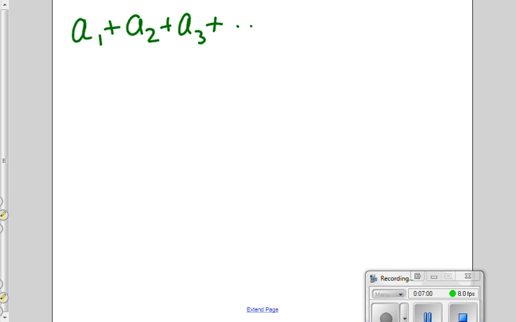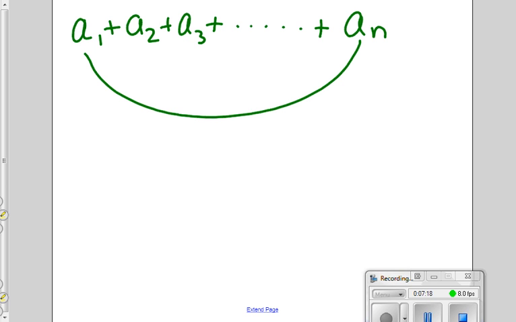Blah, blah, blah, and stopped at a sub n. Give me a formula. You were right, there were 4 tens. It was a sneaky trick question. There were 4.5. What do we add? Go. A sub 1 plus a sub n, take the first plus the last, times,